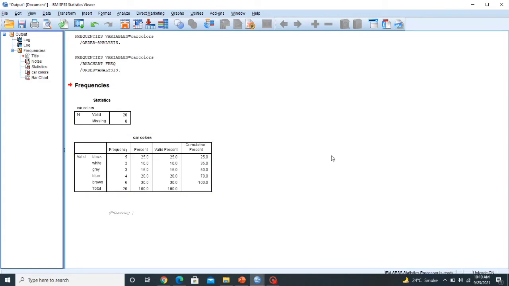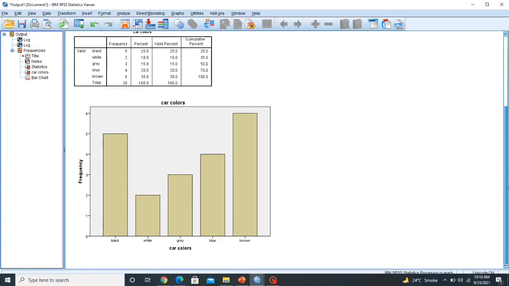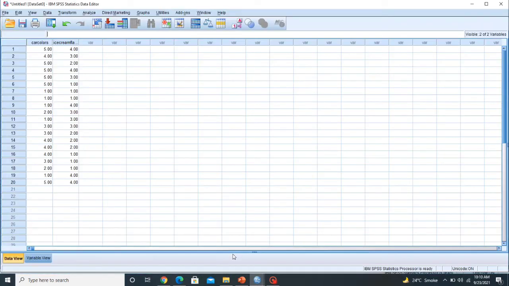Here it gives us our outcome of the bar graph, and we can see our car colors on the x-axis and frequency on the y-axis. We can see there are 2 white cars and 5 black cars.